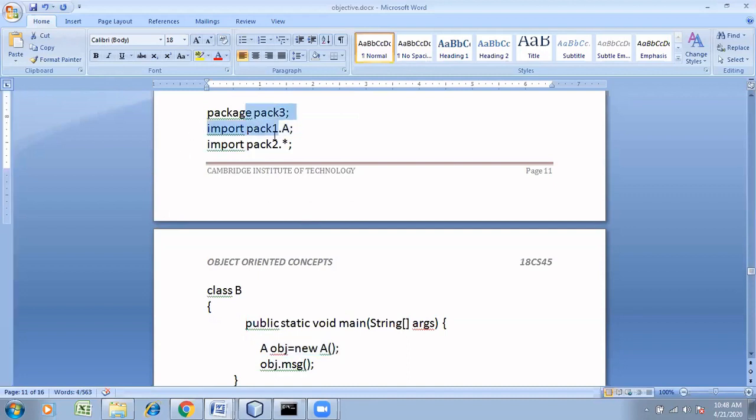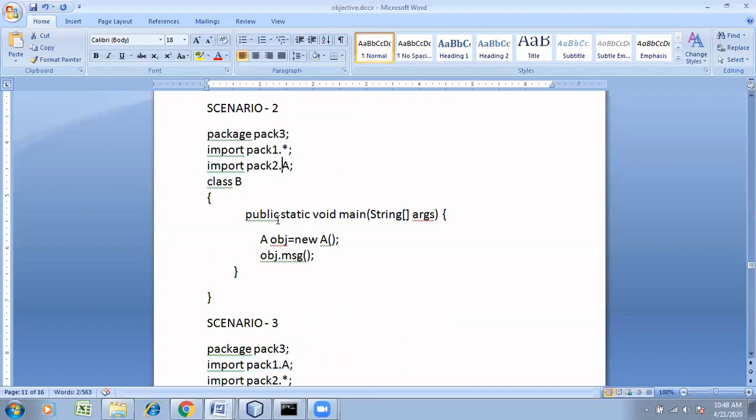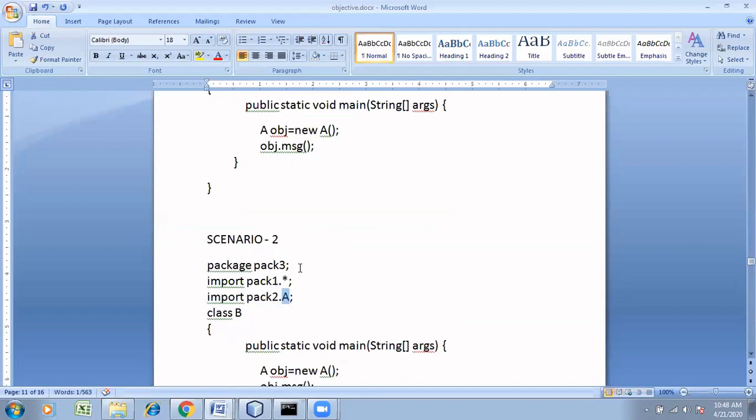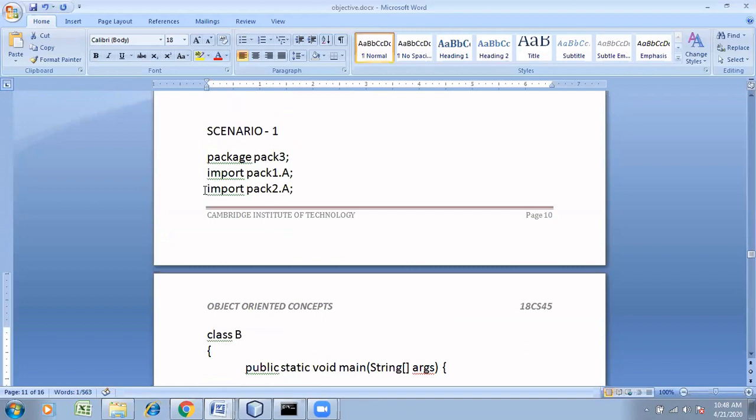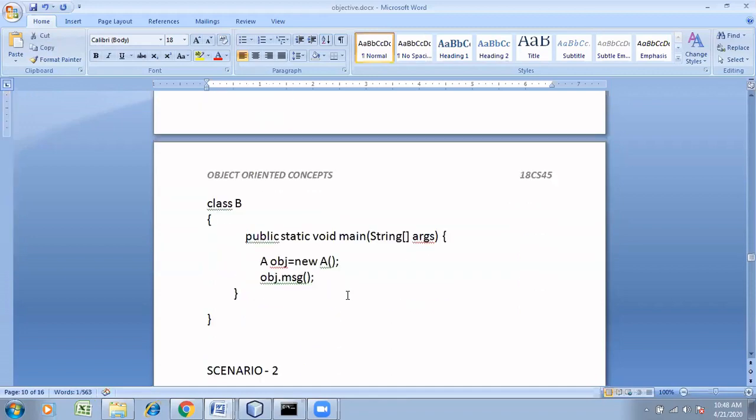That is why we say this method is good practice. So if you give pack2.a, it will take A from pack2. Then if you give by this method import, clearly in the third line itself, you will get a compile time error. Now this itself shows which is the right method to import. You have to import with class name instead of star. Clear?